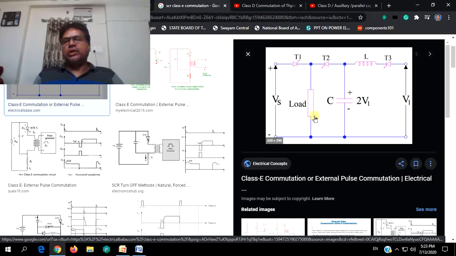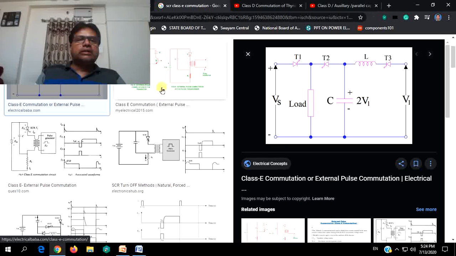This time current will be flowing through the load. Only after the total turn off takes place, load current will become 0, and this C falls to a voltage, and due to this decrease in voltage, when the forward current of SCR2 falls below the holding current, it turns off, and again SCR3 will be turned on to charge this capacitor, and according to the requirements of the circuit, SCR1 will be again turned on for the load current to flow. So this is how the circuit works.